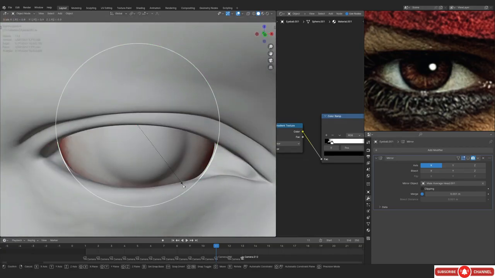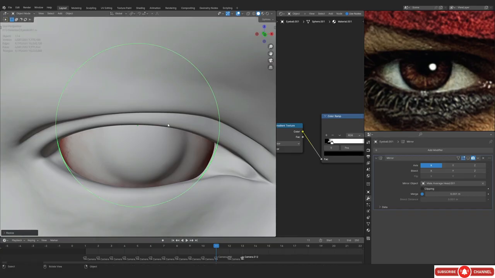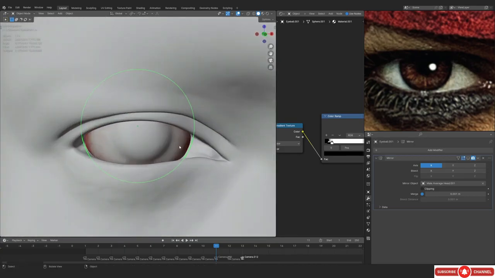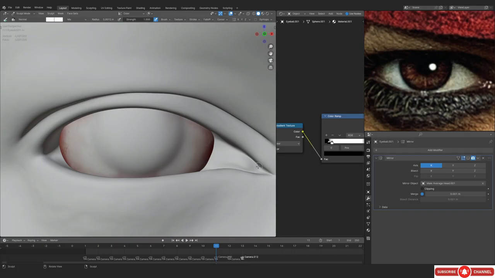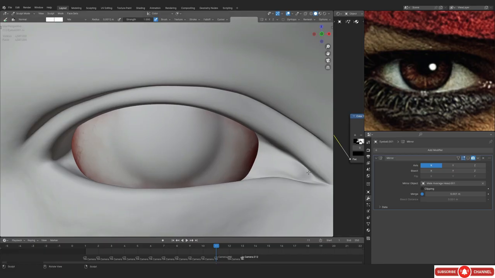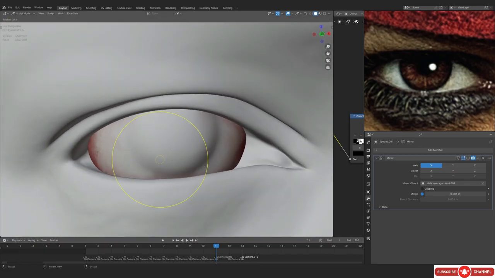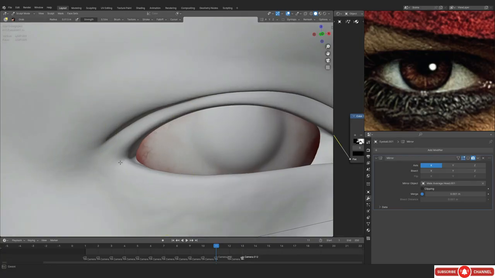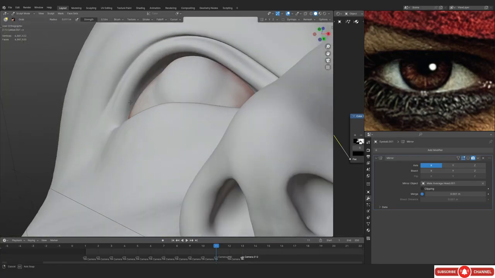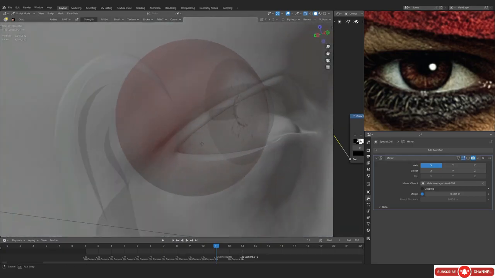Alright, I guess the first thing, maybe I didn't really realize that I'm going to be changing it. I think the eyeball might look a little bit big in the render. So you obviously have two options. You can just adjust the mask of the pupil, and the second option would be to just scale down the eyeball. In this case, I have chosen option number 2, and now I'm just going to be sculpting the eyeball's shape in order for it to fit the eye socket.